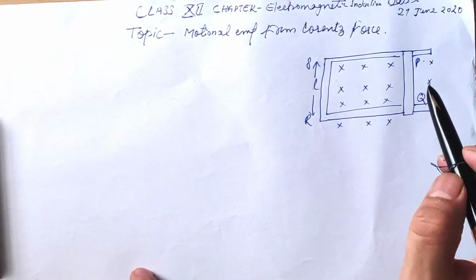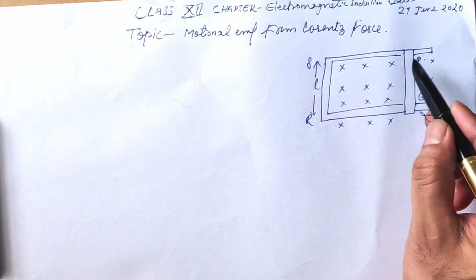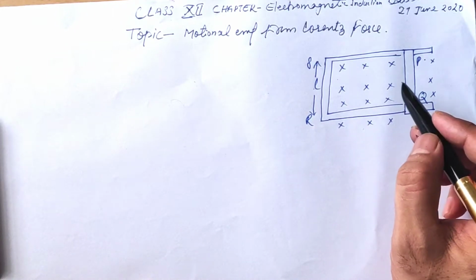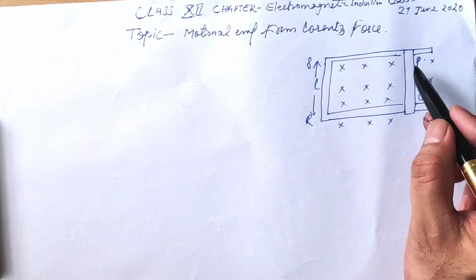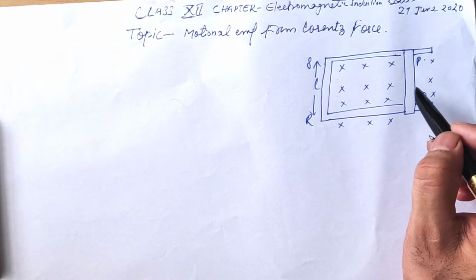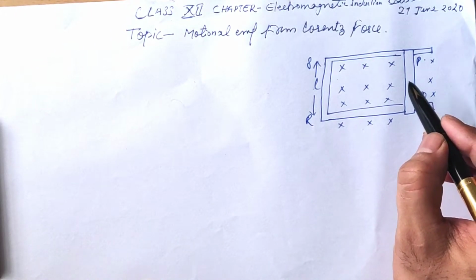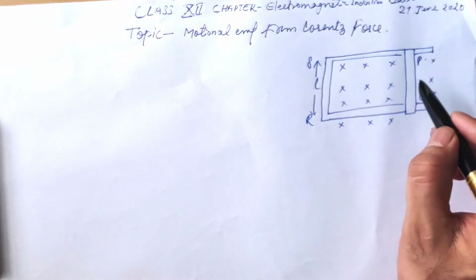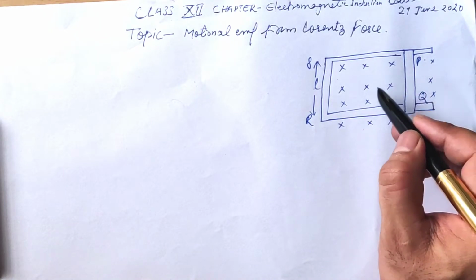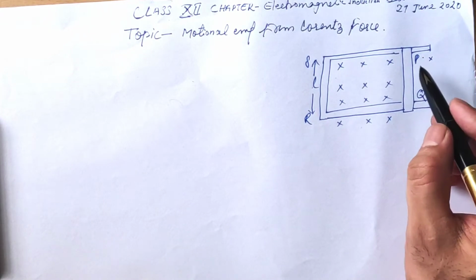So when a conductor is placed in a magnetic field, a large number of free electrons start moving through the magnetic field. Means a conductor has a large number of free electrons when it moves through a magnetic field. Clear? A Lorentz force acting on free electrons can set up a current. Lorentz force means magnetic force is acting on this conductor placed in a magnetic field. So there is a rectangular conductor in which arm PQ is free to move.